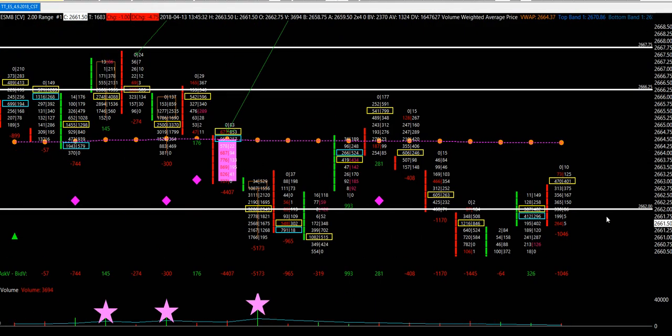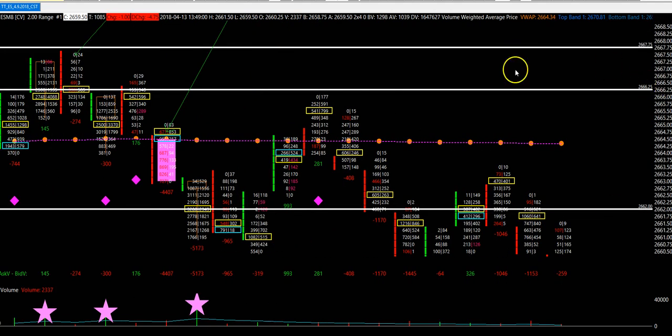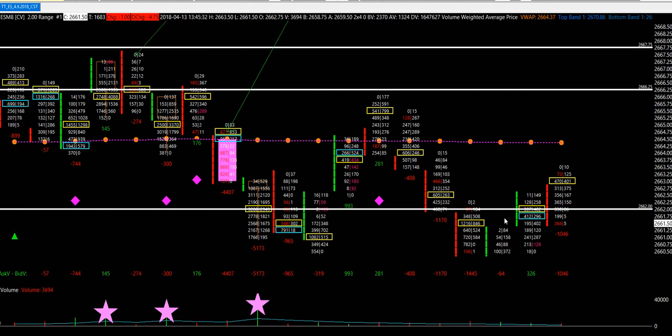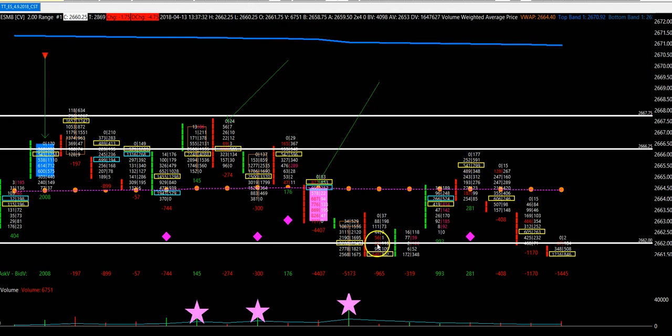And then you get your payday by having it roll all the way down. From your worst entry on this trade, by the way, the method we use for entry, your worst entry on this trade, right, should have been this bar right here. That should have been your absolute worst entry, right, which would have been 26.61. Your absolute best entry on this trade should have been the 26.64 or 26.50, depending on how aggressive you are. And for the most conservative trader, or not quite as aggressive as shorting before we get the heavy delta, would have been the backside test of the point of control back over here at 66, right? And that would have been your best fill.